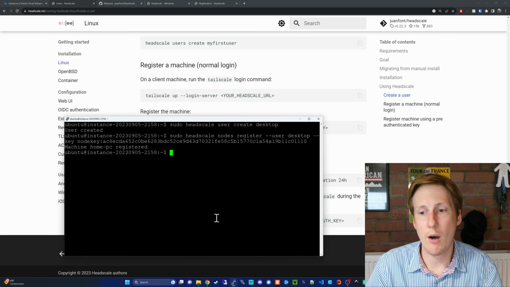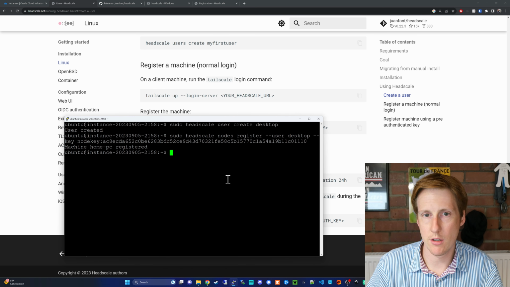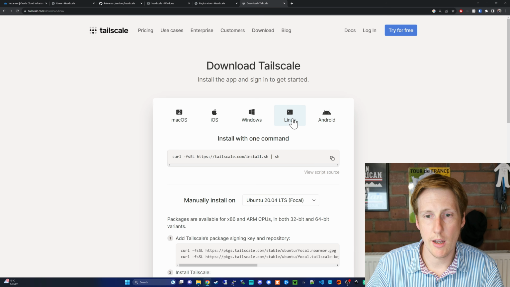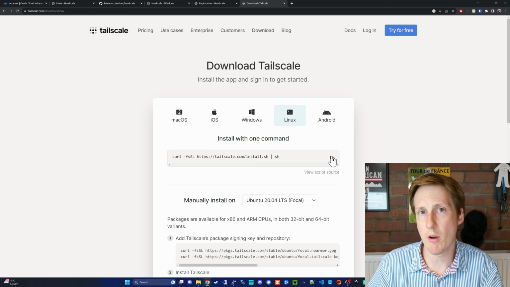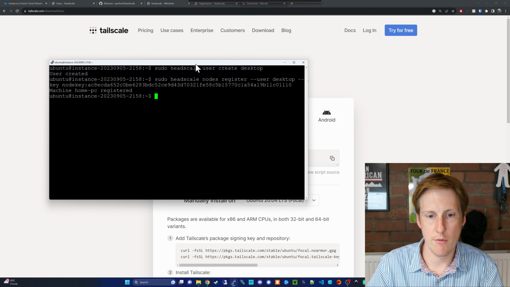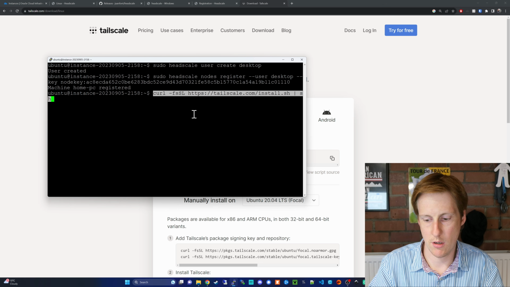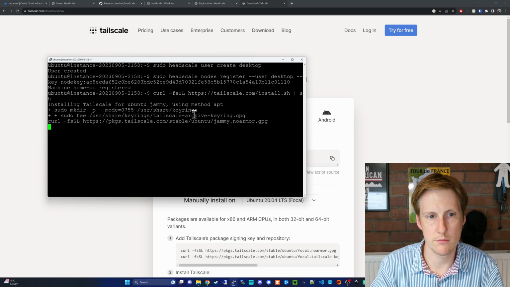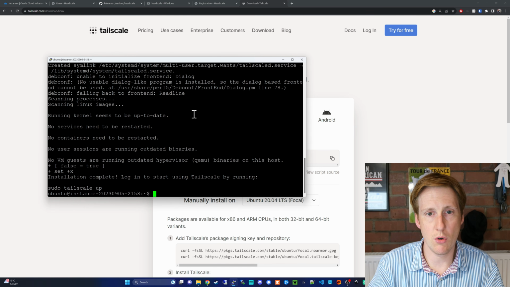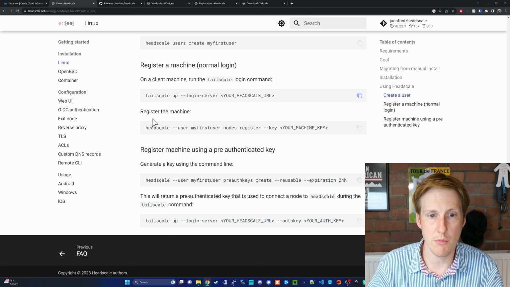So heading back to our VPS, we obviously need to download the Tailscale client. So let's go and download that for Linux. We're going to head back to the Tailscale website, and this time we're going to click Linux and we're going to copy this script here. So this will be a script installation. Back into your command line, we want to paste this and hit return. Now that that's completed, we can do the same login process as before and as is detailed in the documentation,